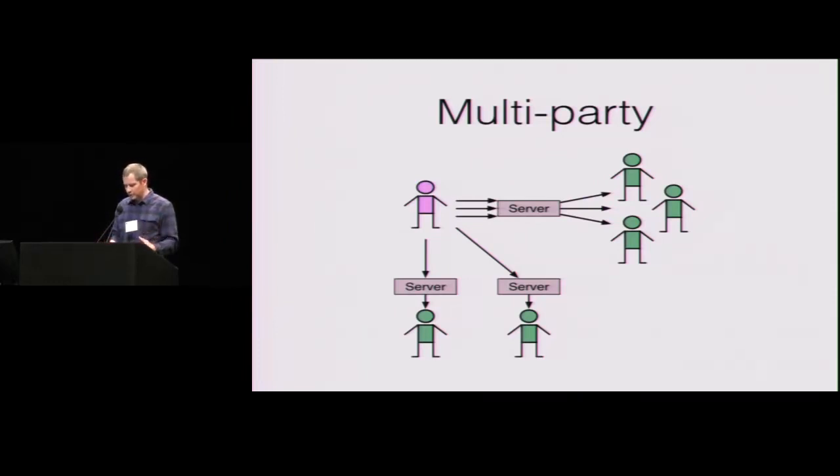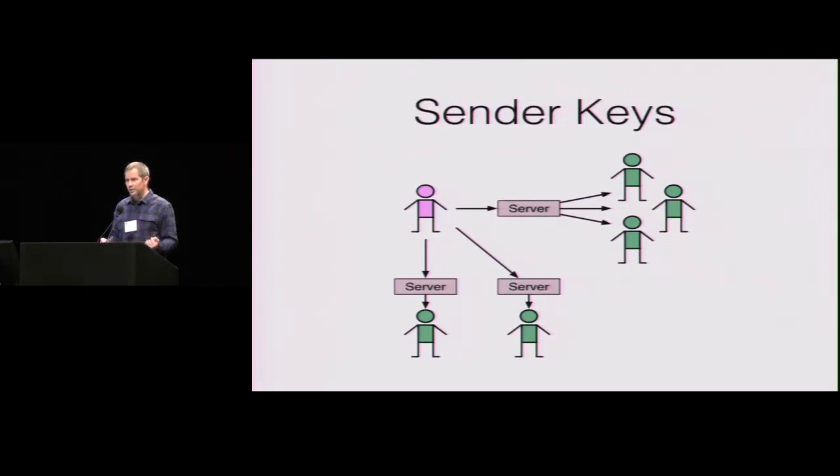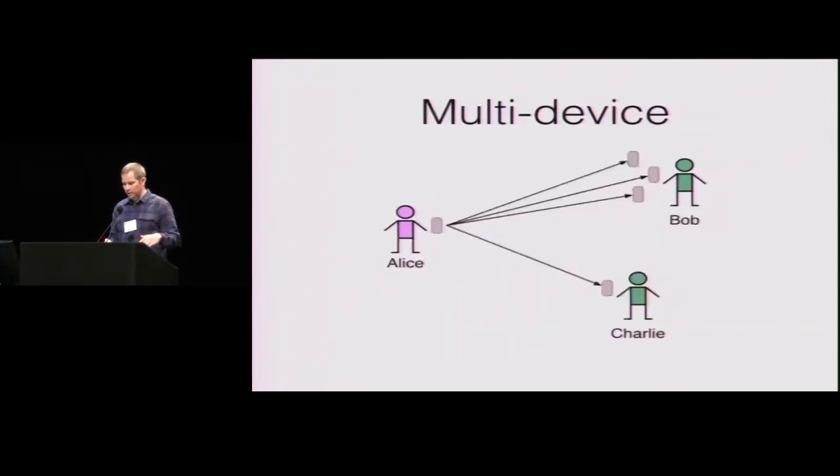To make that more efficient, you might often want to do things such as what Signal calls sender keys, where you send a single symmetric key to everyone in a group and then use that symmetric key for future messages, and also give them an ephemeral signing key that you're going to sign those messages with, so that the server can do sort of server-side fan-out of messages. So you can build some sort of more efficient multi-party protocols on top of the two-party protocol,